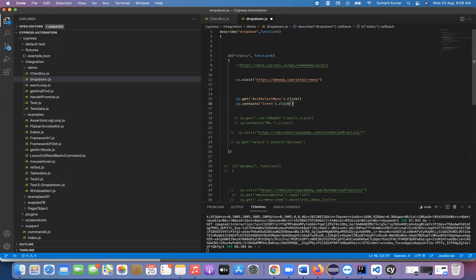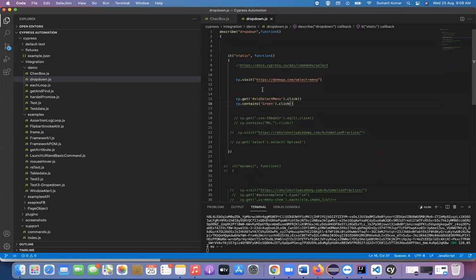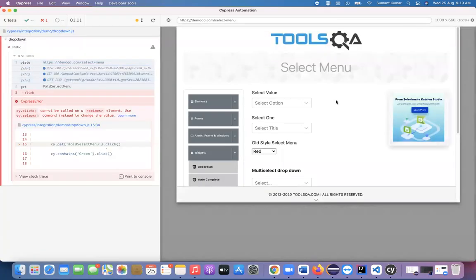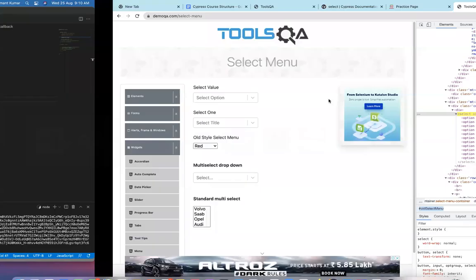So most probably it should also work. So, can select. Okay, where is the select? Okay, so not saved properly or what? Click cannot be called on a select element. Use the cy.select command. Okay, so I will tell you what's happening here.